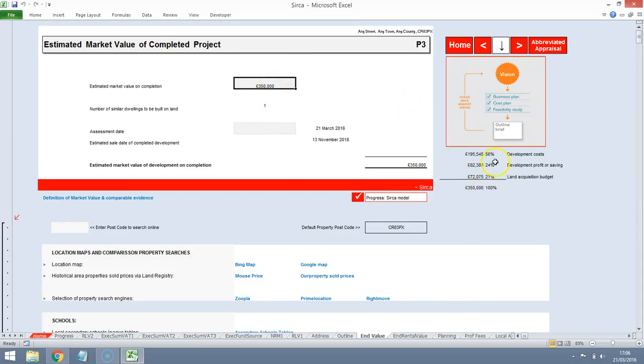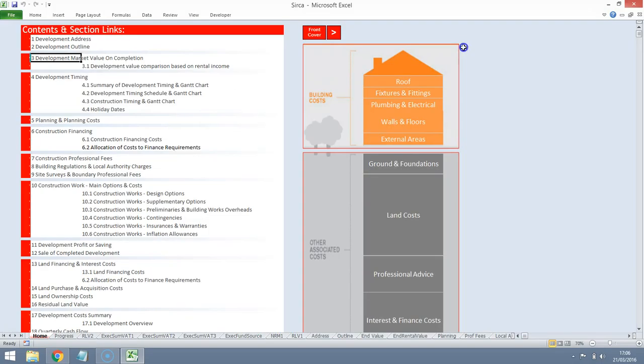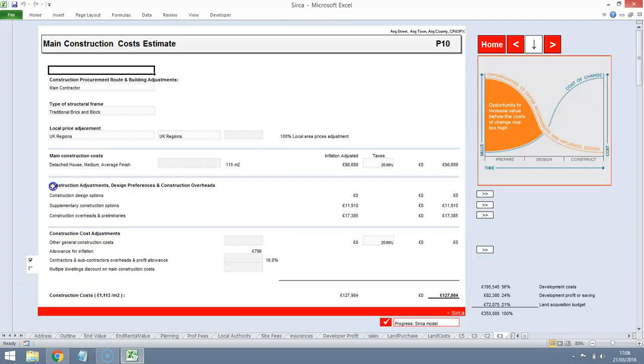So this is effectively our out-of-the-box development appraisal, and we're looking at a developer's profit of 25%, which is on the high side, and we're looking at a land budget of 72,000 and a build cost of 195,000. If we go through to the construction options here, and we take a look at the procurement